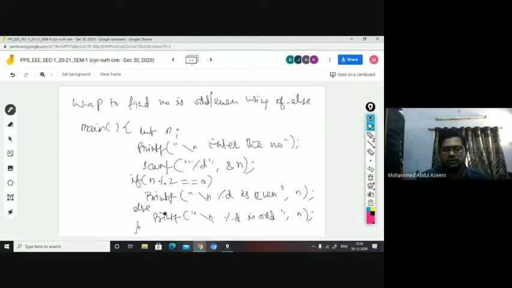Fine. Efficiency of an algorithm or program is estimated with respect to two parameters basically. One is time, another one is space. Space is not a criterion nowadays because we have a lot of space available. Time is one important criterion, right? The program can be written with multiple logics, different logics and different programming constructs.